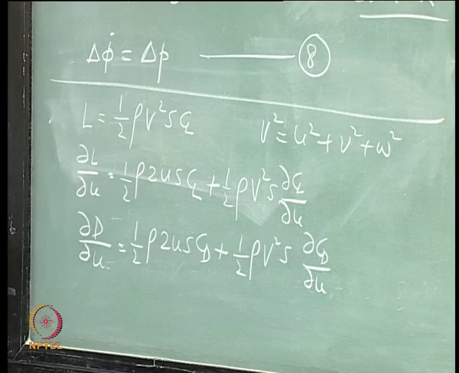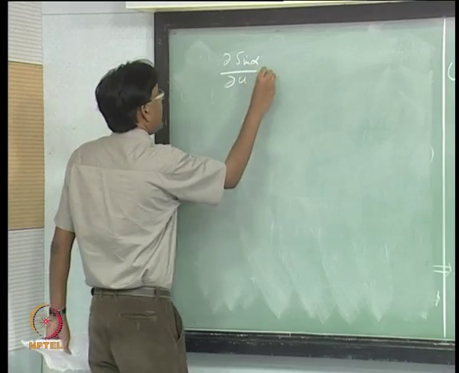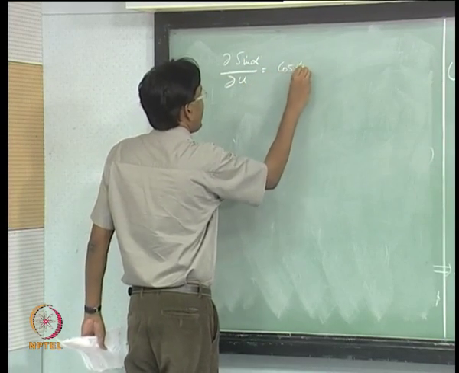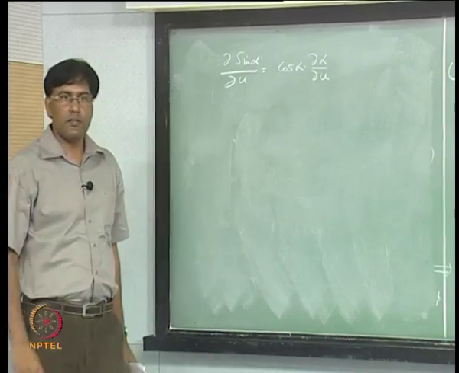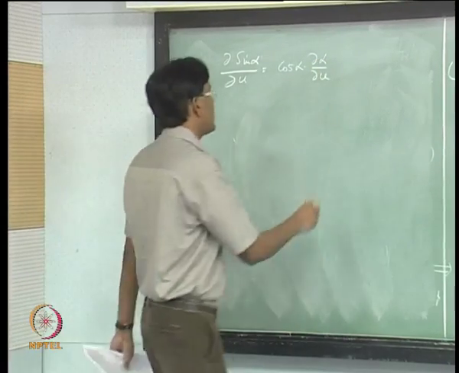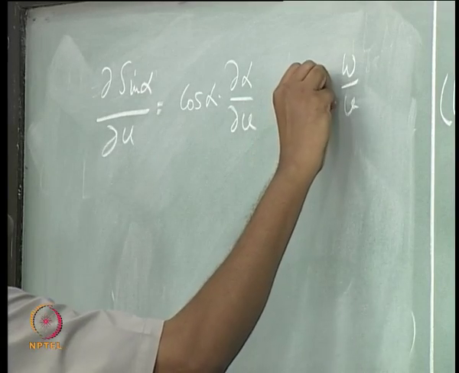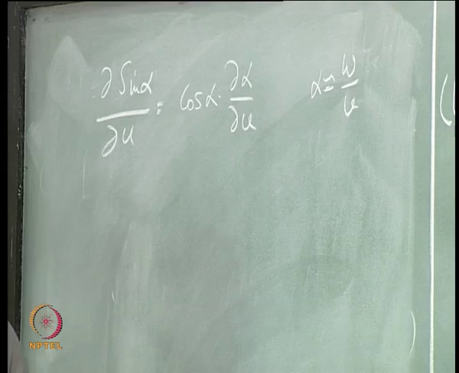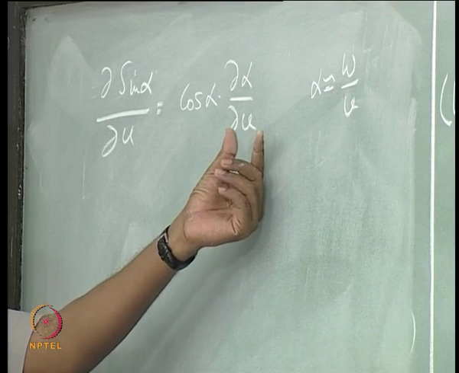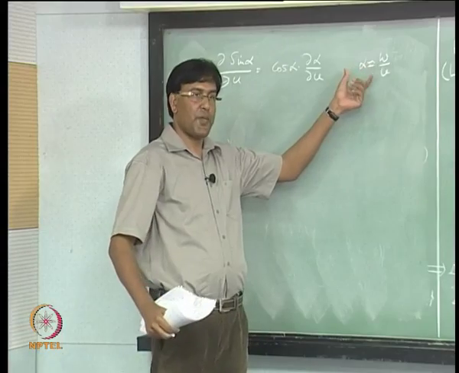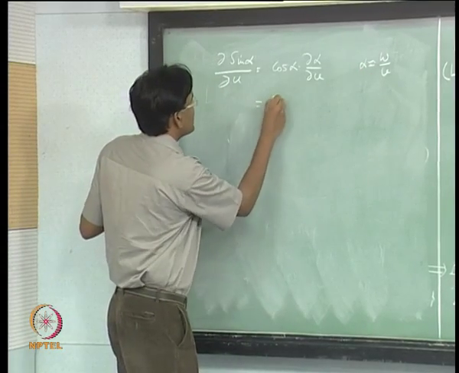And what is this derivative? Right. What is alpha? So I am talking about small angles. So I can take this approximation, right. So what you have is this,